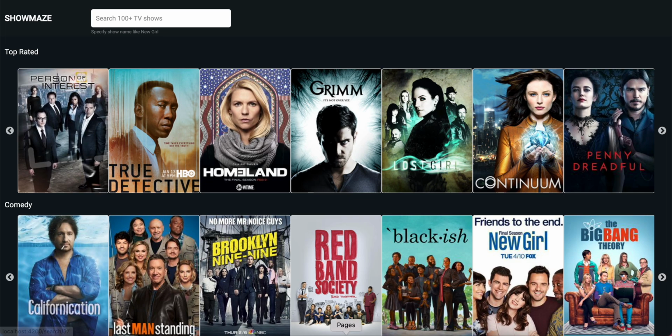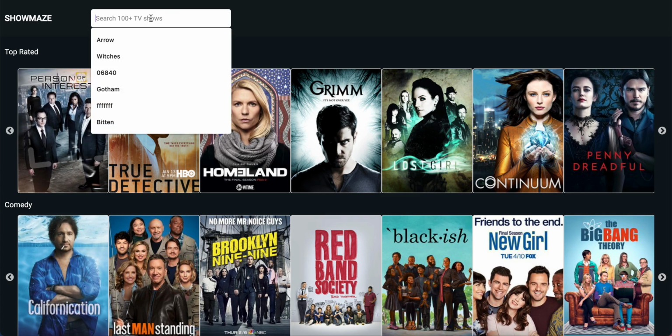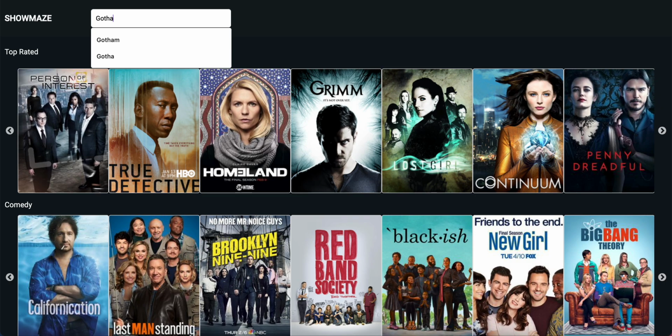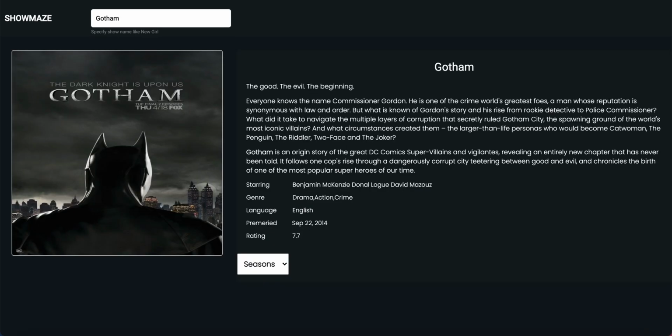While the primary use case is to let the user type in and search for a show, inspired by popular TV streaming apps, I have designed my application in such a way that it lets the user search for a show in two different ways. The first option is the user can type in a show name in the input, which fetches the show information.